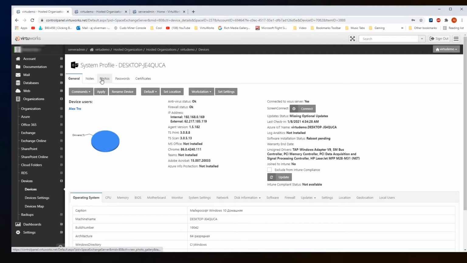There are tabs along the top that allow for adding notes, photos, stored passwords, and certificates for this machine. Below the tabs are commands that can be run on the profiles, and the ability to rename the device, set locations, and/or the device profile. Remember, the default profile is the most typical, so making changes without guidance is not recommended and could potentially limit